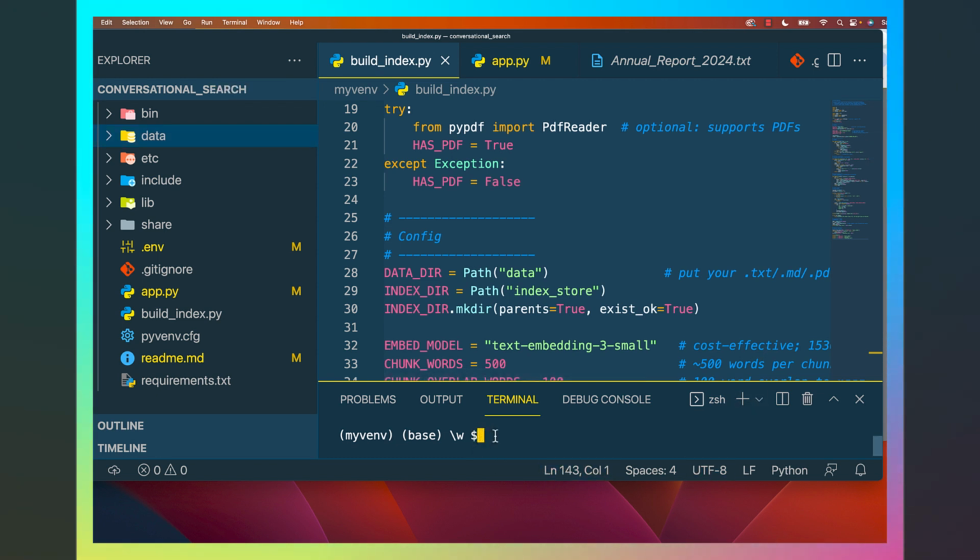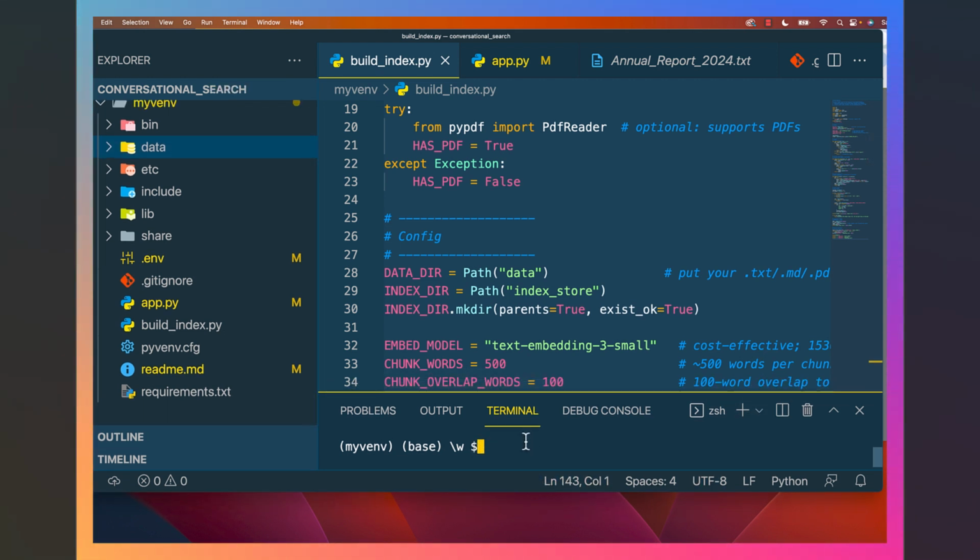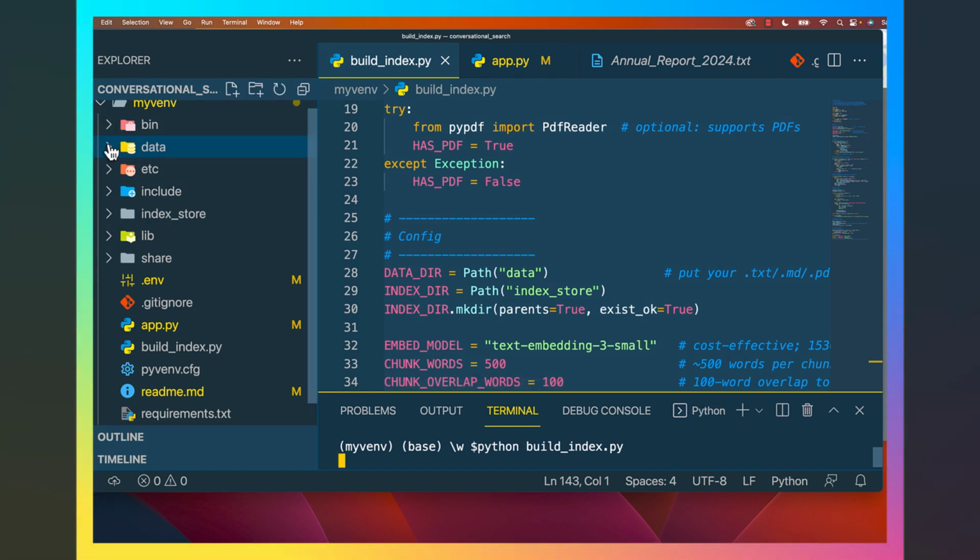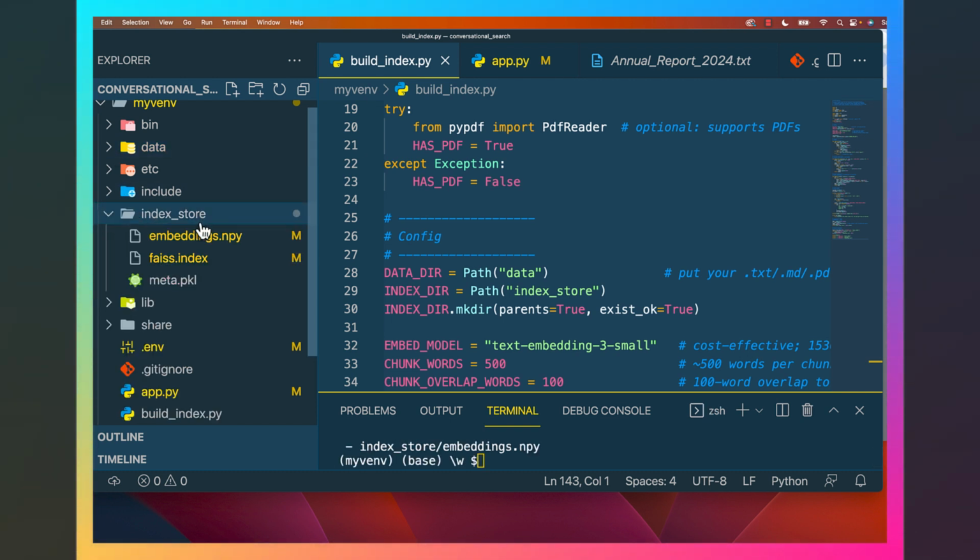So now let's create the index first. We are going to run this Python build index.py file. It's going to start creating a local index by running this chunking on the data folder, and it's going to create that index in the index store file,